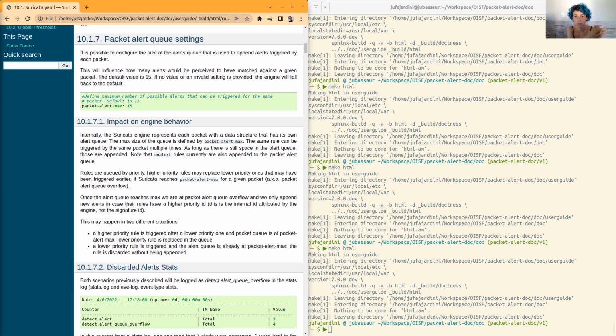Which means probably everyone, I work for the Open Information Security Foundation, writing software documentation and co-mentoring outreach interns, especially for our main tool, which is the open source network security and network monitoring tool Suricata. And today I've mainly been working on writing documentation for a patch on which I worked for